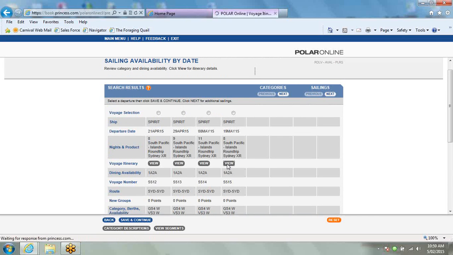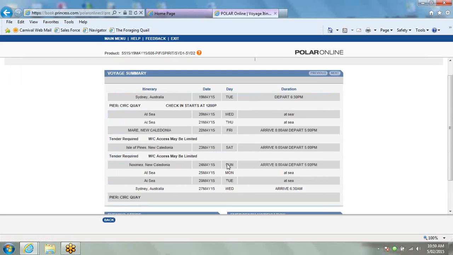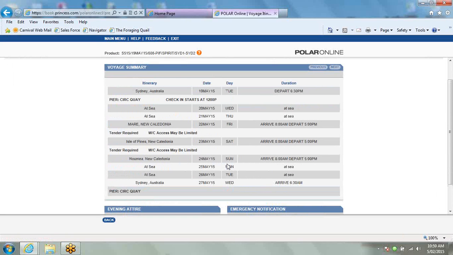Voyage itinerary is great. If you click on that one there for the 19th of May, for example, it'll give you the exact voyage itinerary, so what dates it'll be in particular ports. So this is great if you've got someone who's celebrating a particular milestone, a birthday, or maybe a wedding anniversary or some kind of event. You can see there where they're going to be on the particular day of their birthday, what time it arrives,